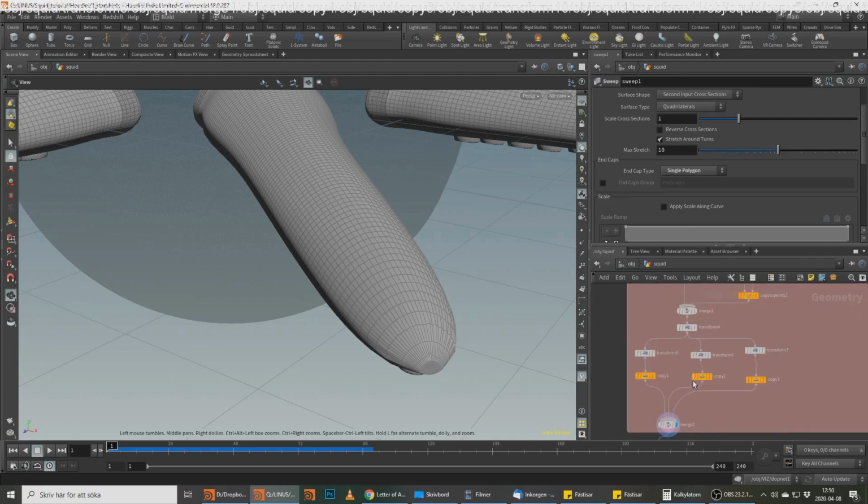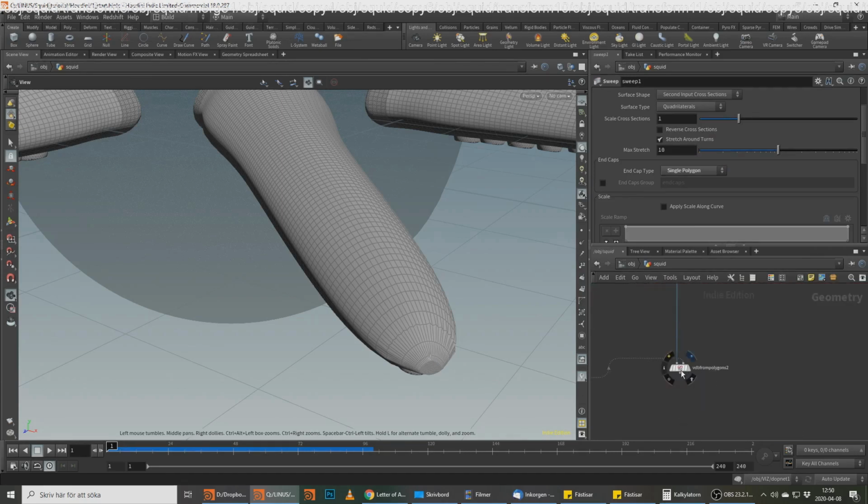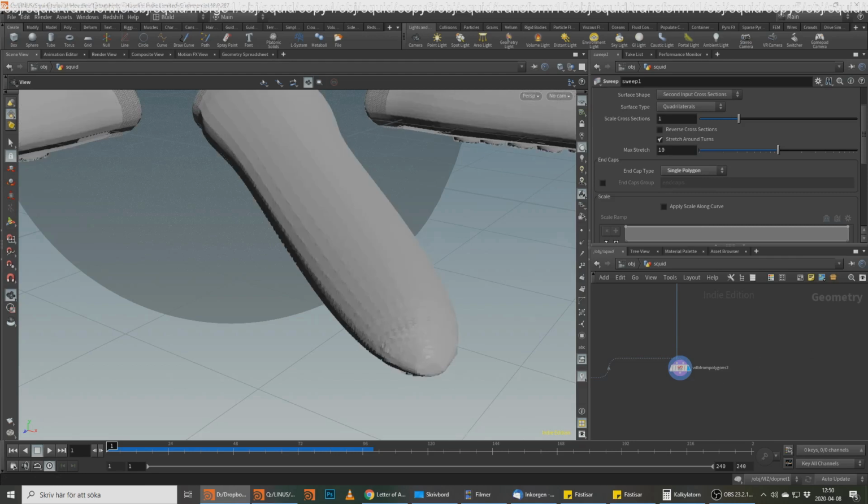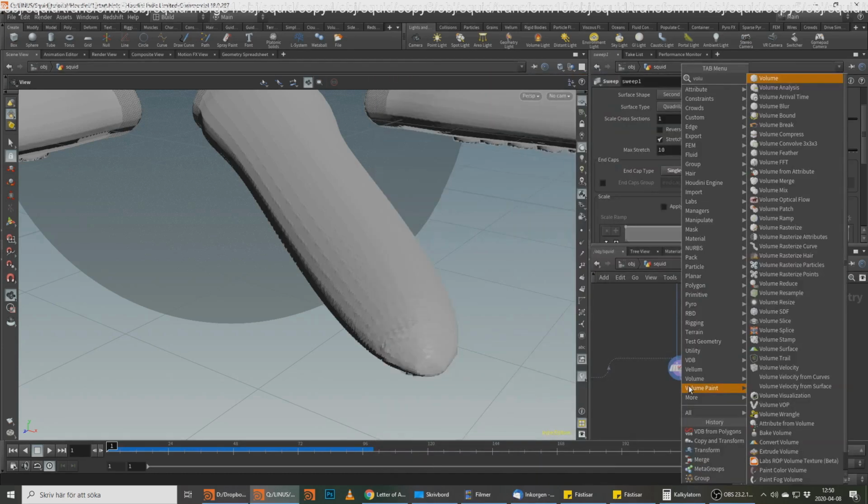And that should make it work, I hope. It takes a while to cook. Yeah, that's better. So what we're gonna do here is we just gonna drop down a volume bop, which is